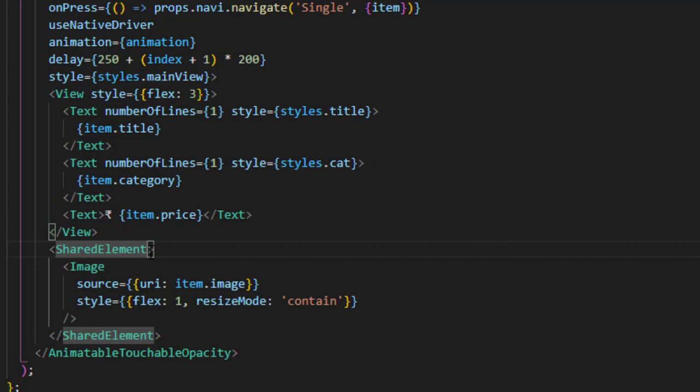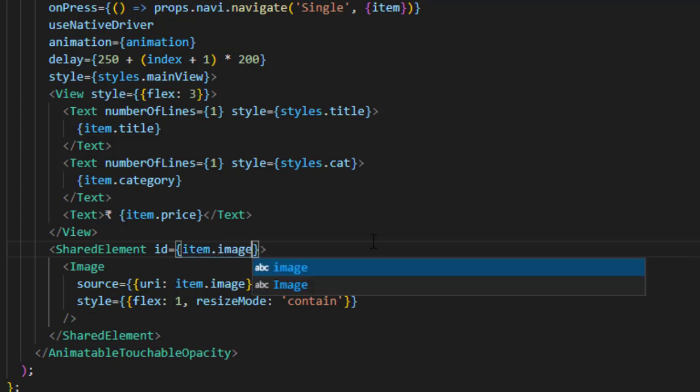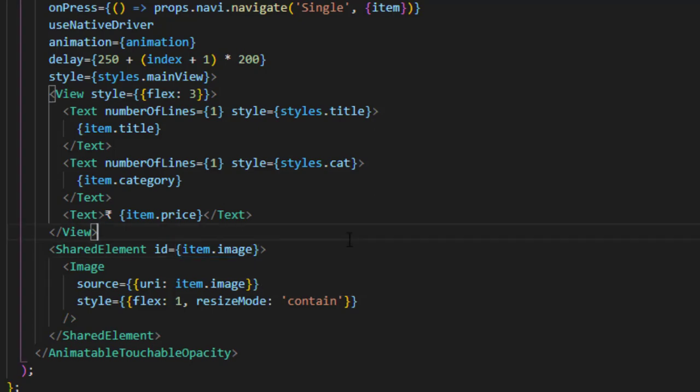For each transition we need to specify a specific ID. So we're going to pass an ID, and you can simply pass the item ID, or you can also pass the item image. If we are going to use multiple transitions in a single screen, then it's better to pass the actual parameter we are using. So I'm going to pass item.image. You can also pass item.id, that's okay.